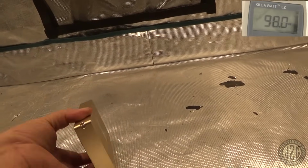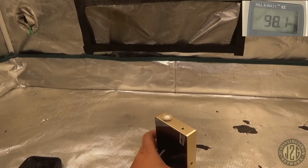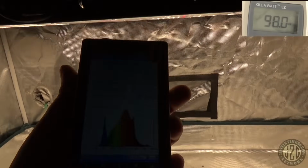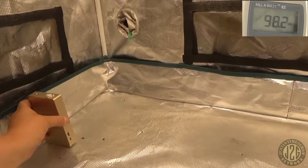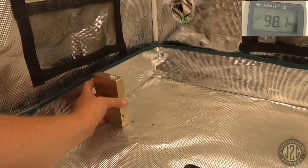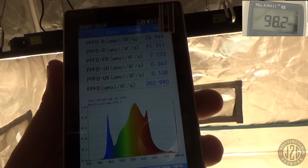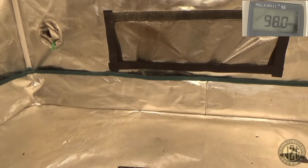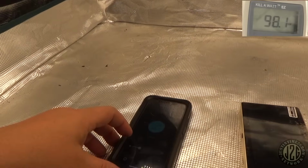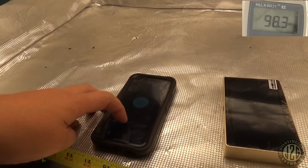Now let's see what we get here. Let's try the middle again. Oh, that jumped it up a lot. So 290. And 202. So pretty decent. A little bit strong for veg. Or for seedlings, I would say. So maybe even...